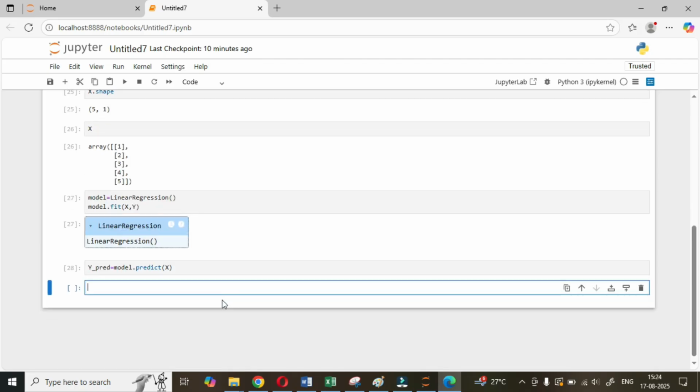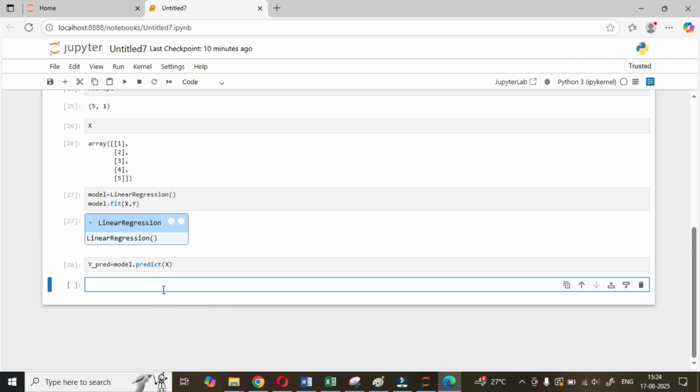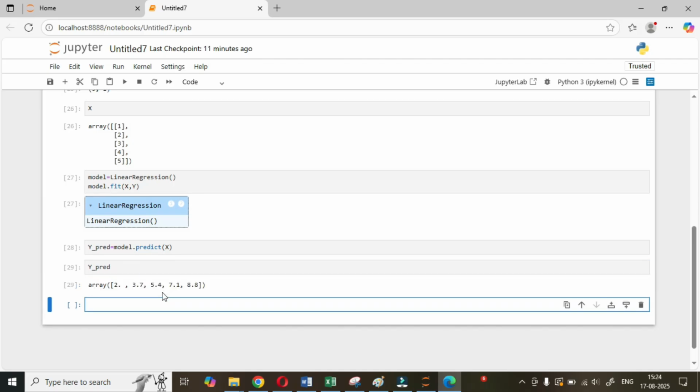Now what is the y predicted? Okay, let me check the value y_pred, print. So these are the values that are predicted. Now I want to plot the graph. Plot scatter, x comma y, label